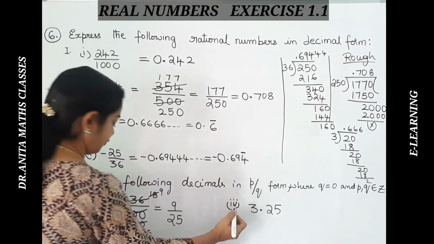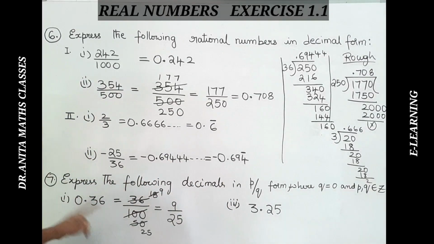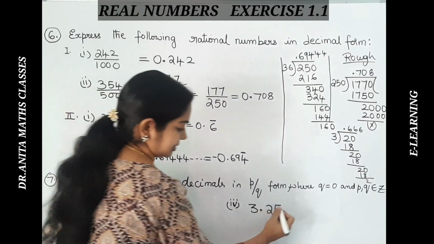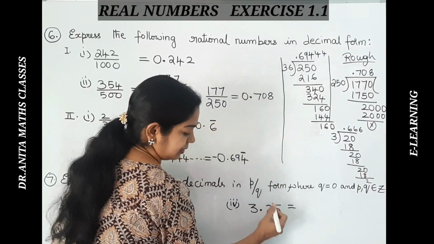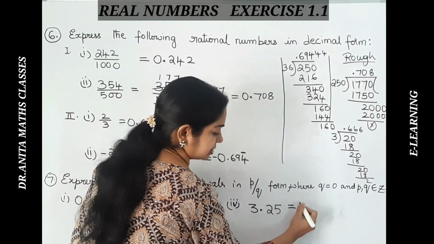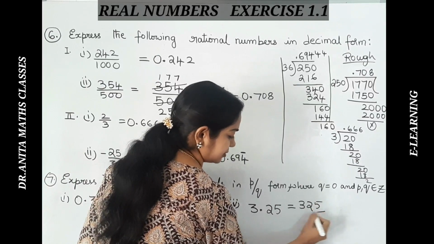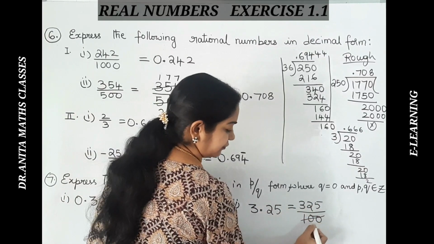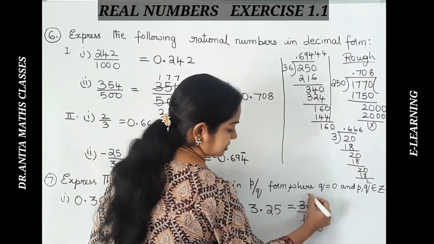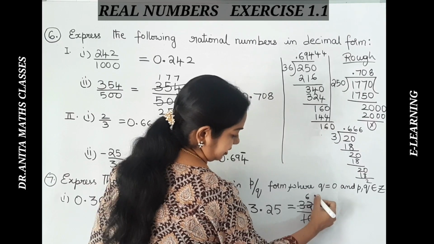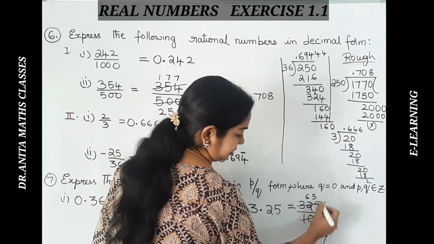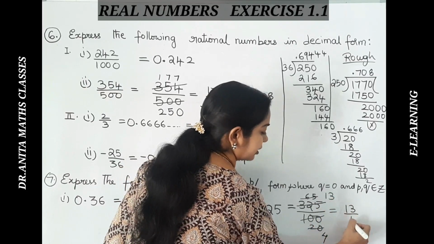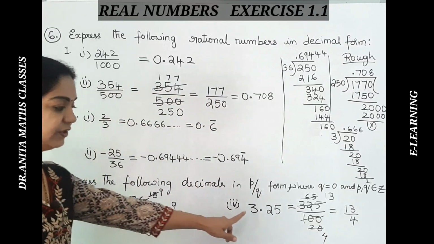Okay, now moving on to the fourth problem. I have written for the first and the fourth. The rest of the problems you can do yourself. This is only a model I am telling you, so that you can practice. Now here, to remove the decimal point, after the decimal point how many digits? 2 digits. So 3.25, 2 zeros I am placing. Now here clearly it is divisible by 5. So 5 2s is 10, 5 6s 30. Okay, and 5 5s, 5 4s here, 5 1s, 5 3s 15. So 13 over 4 is the p by q form of 3.25.